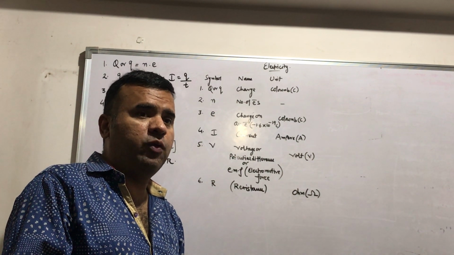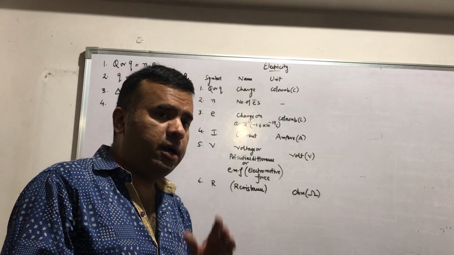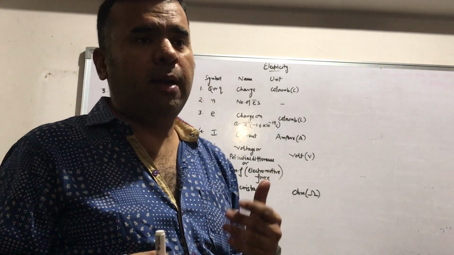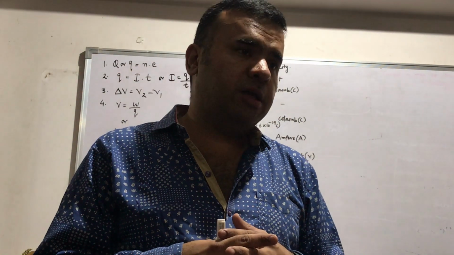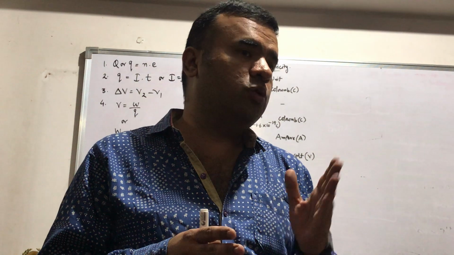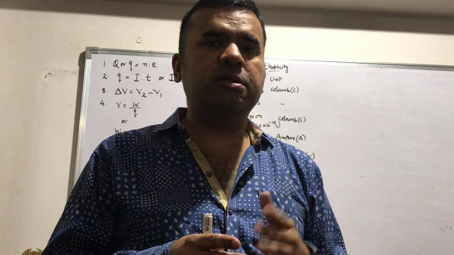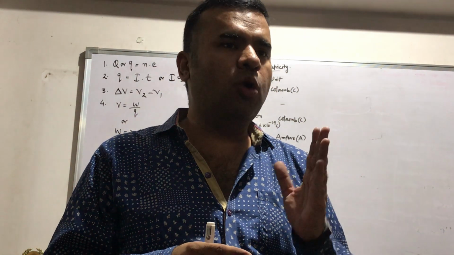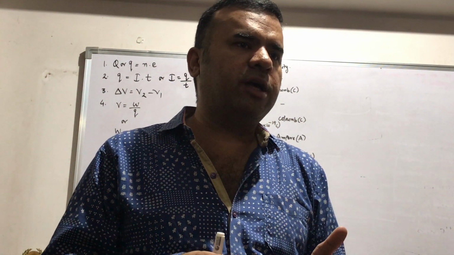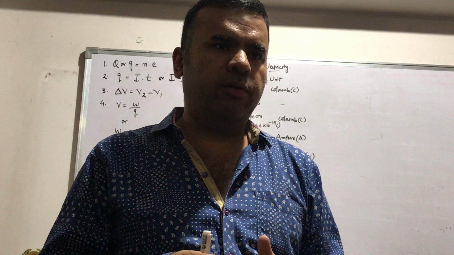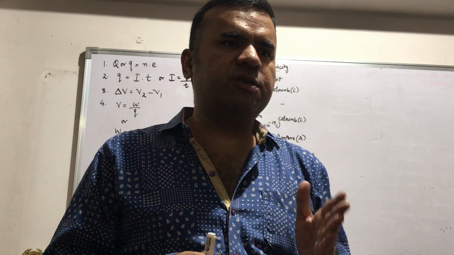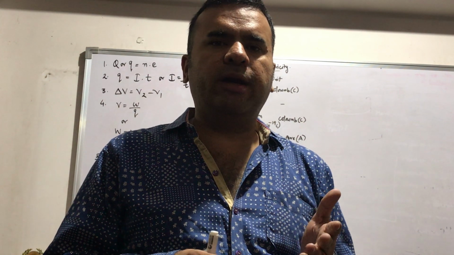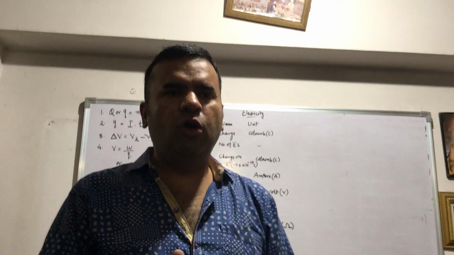It is 220 volt. There are devices which are useful for measuring voltage. For measuring voltage, we use a voltmeter. For measuring current, we use an ammeter. And for measuring low electric current and low voltage, we use a galvanometer, right? A galvanometer is a device which is useful for calculating low electric current and low voltage.